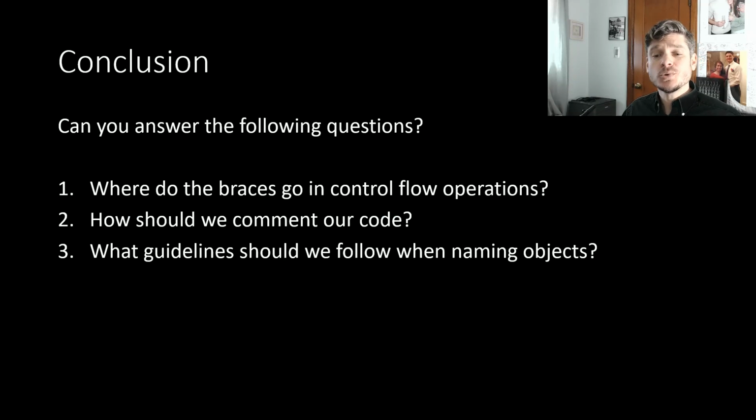All right, so those are just some very quick, brief guidelines for writing your own code. So make sure you can answer the following questions. Question number 1, how do we set up the braces for our control flow operations? Where does the open one go? Where does the closed one go? Where does our body, where do our instructions go, type of thing. Number 2, how should we comment our code? How do I do it? Where should I put it? What should my comment describe? And then the last question, what guidelines should we follow when naming our specific objects, whether it's our data or